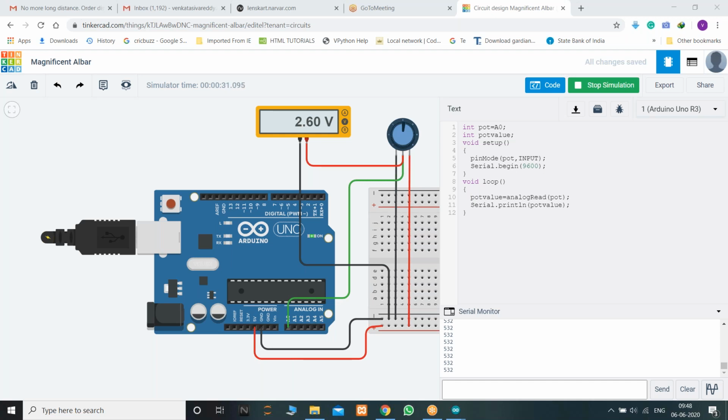Is it okay? Or any queries left? Serial.begin, yes, there is an error with Serial.begin: the S in Serial should be capital.